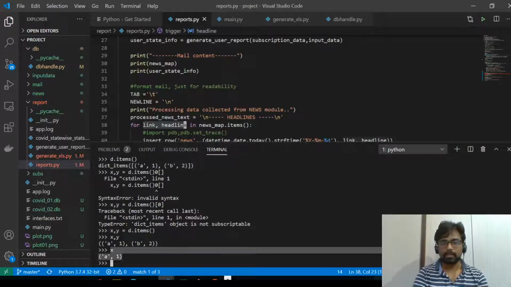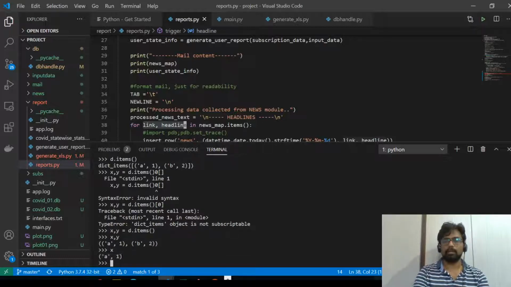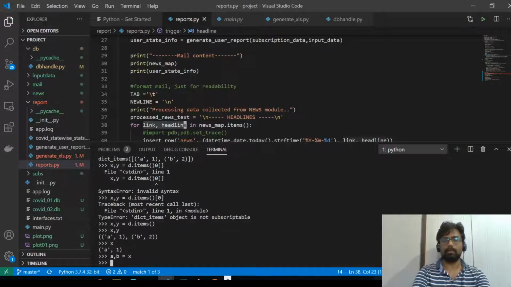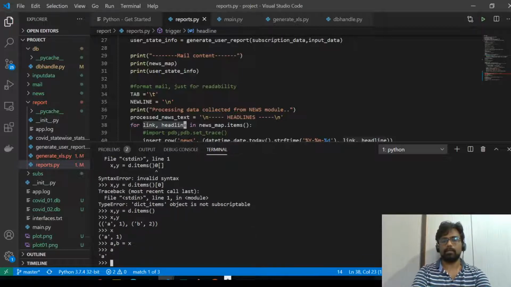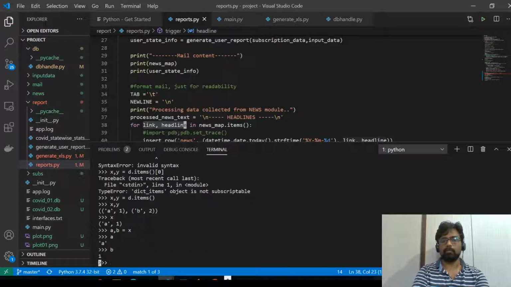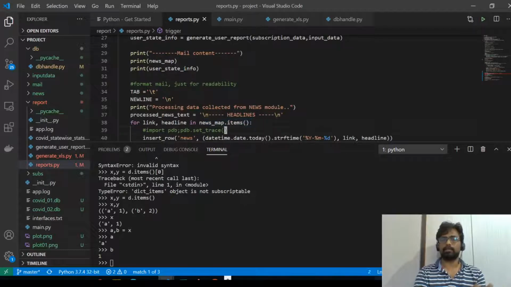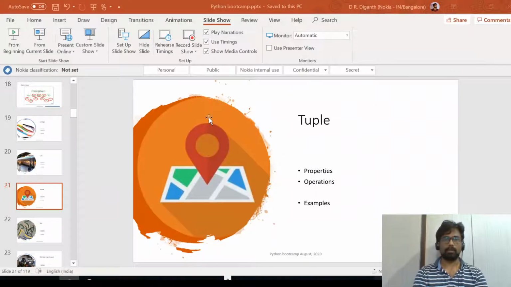This is exactly what we are trying to unpack. Unpacking is nothing but taking two values from X, so A will have A and B will have B. That is exactly what we are doing here. If you are asked to give examples of tuples, you can say that while iterating dictionaries, dot items will return tuples. That is what we have learned about tuples.